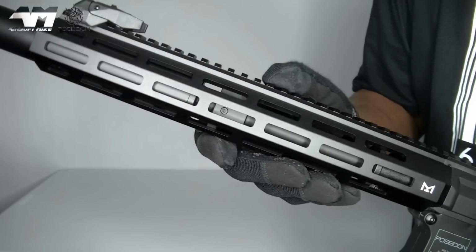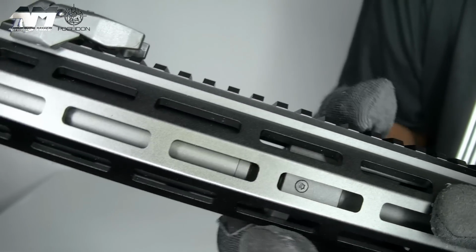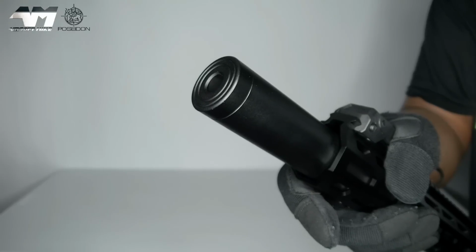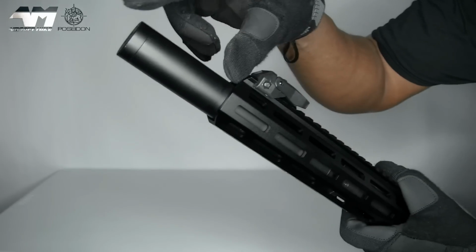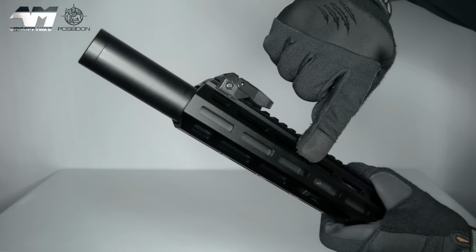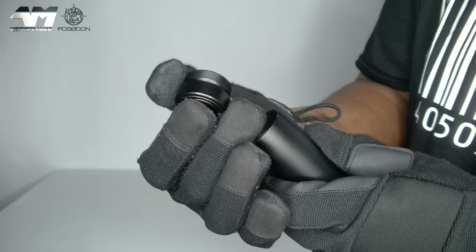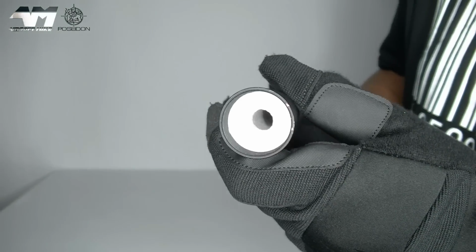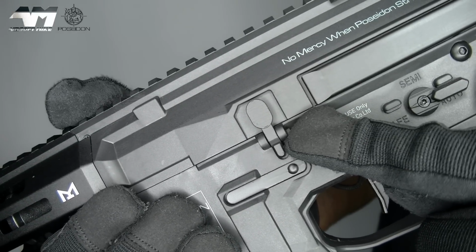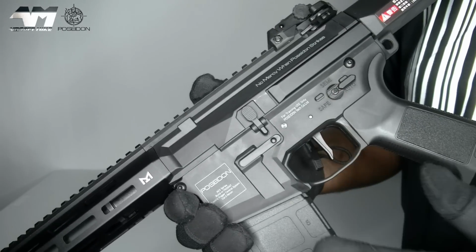And what I like about this, if you look inside there, can you see? Right there, I'll show you why I'm showing you that right now. Here's your MOC suppressor. Looks like a little stubby short one, doesn't it? Well, no. This bad boy goes all the way down to here. And when you take this cap off, it is foam filled. Nice. You have your MOC bolt release, and of course, your mid-cap mag, your main receiver, your grip, your mag,